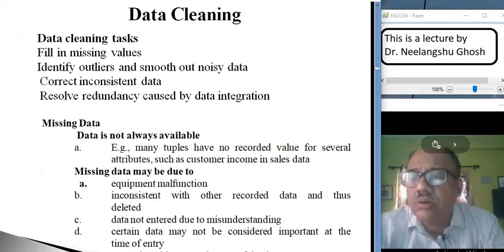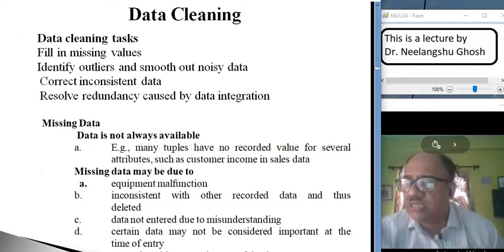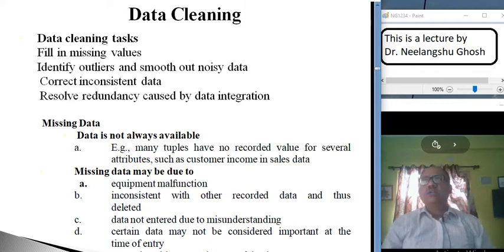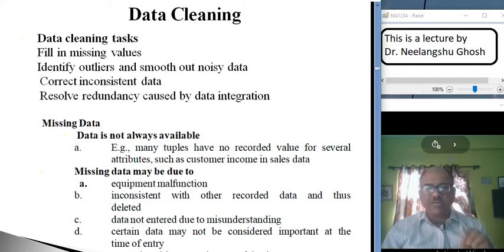Now missing data is not always available because of certain circumstances. When you are collecting the data, it's quite possible that the respondents are not willing to provide you with the correct data, or maybe they are not willing to respond to a particular question.